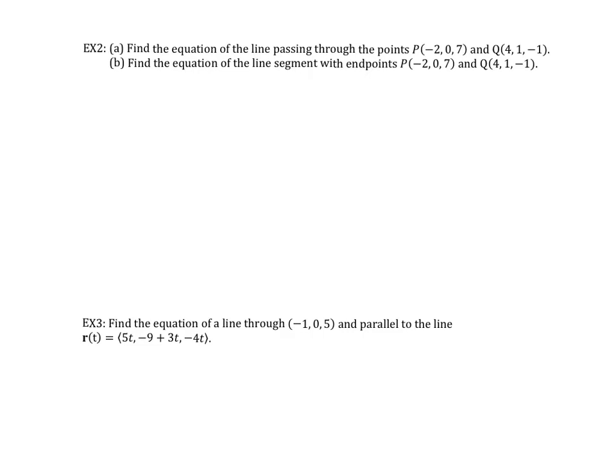unless it says a direction. Like if it's going from P to Q, then P would be that initial point. So I'm just going to randomly let P be my starting point. This is my x sub 0, y sub 0, z sub 0, or x naught, y naught, z naught. But again, I could have easily chosen in this particular problem to let Q be my starting point. So remember, I need a direction vector. The direction vector is going to be the vector P to Q,